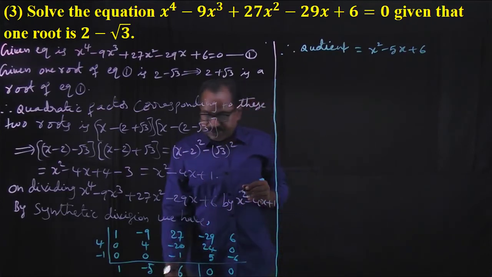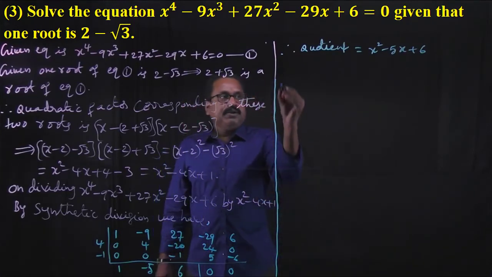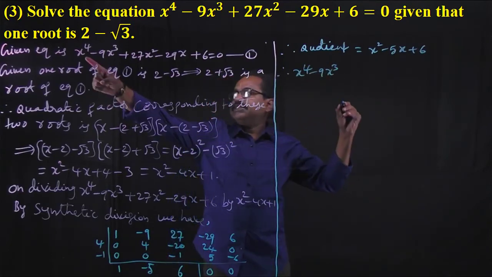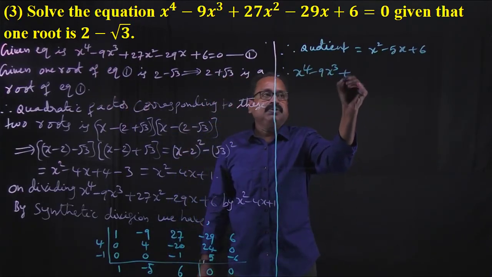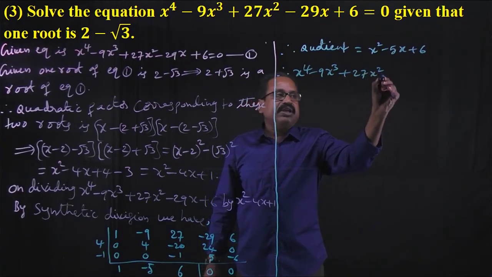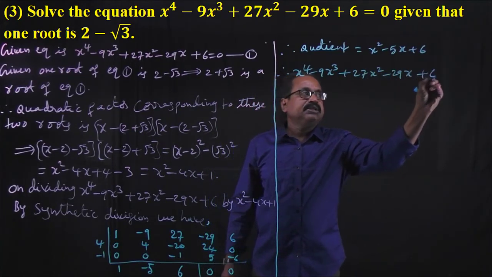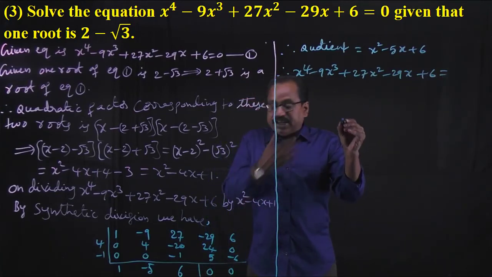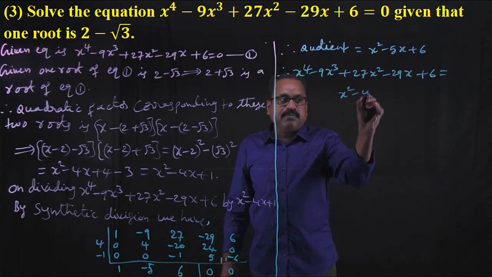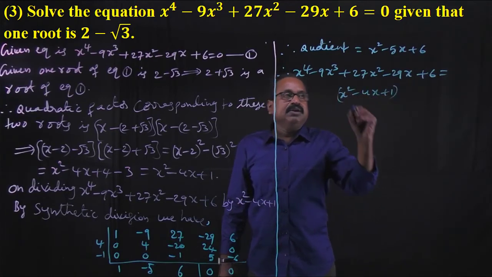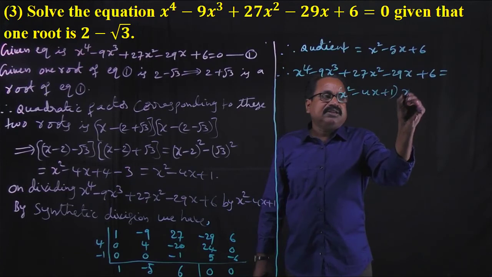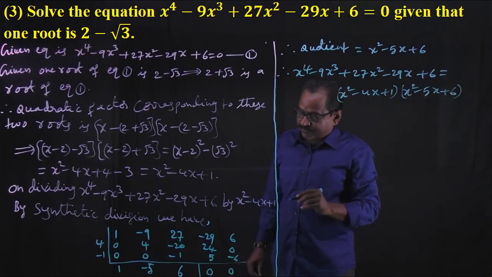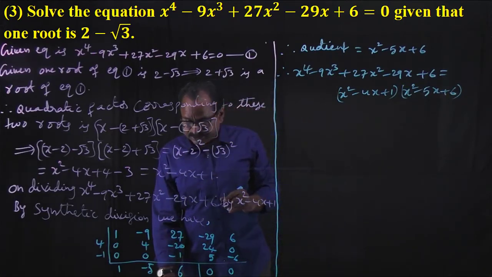Therefore, from equation 1, x power 4 minus 9x cube plus 27x square minus 29x plus 6 is equal to, one quadratic factor is x square minus 4x plus 1. Another quadratic factor is x square minus 5x plus 6. Therefore,